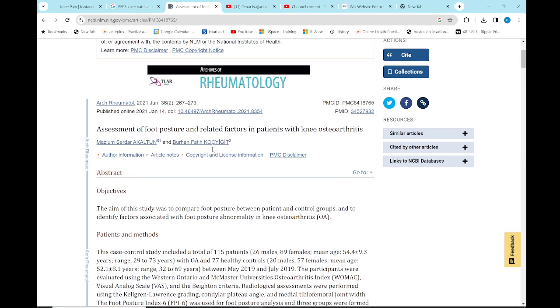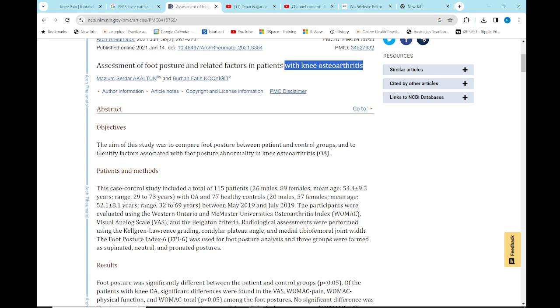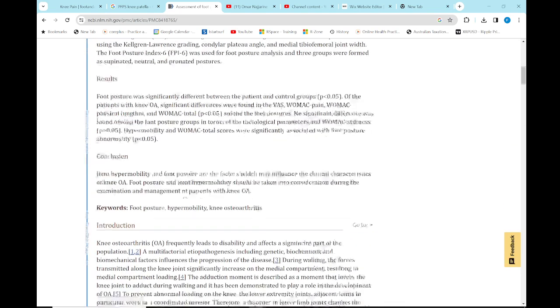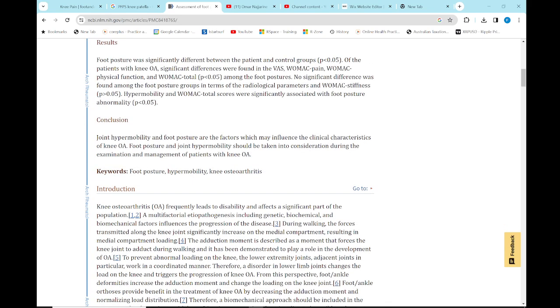Now, this is just a research article, assessment of foot posture and related factors in patients with knee osteoarthritis. This is just a study. The aim of the study was to compare foot posture between patients and control groups and to identify factors associated with foot posture abnormalities in knee osteoarthritis. So I don't want to get too much into the detail, but if we look into the conclusion,